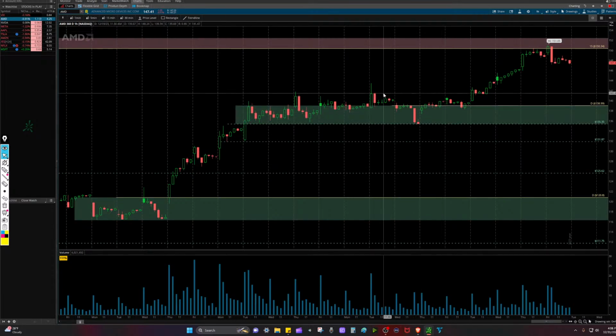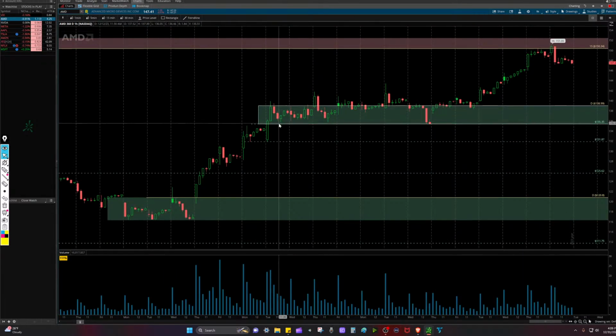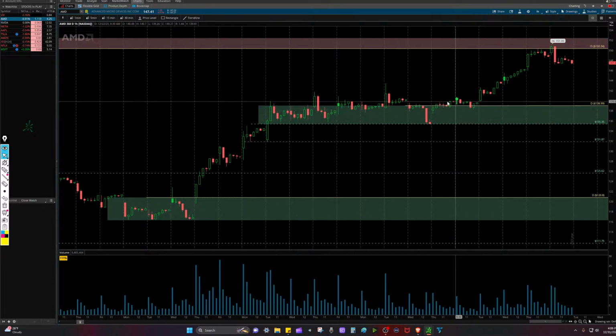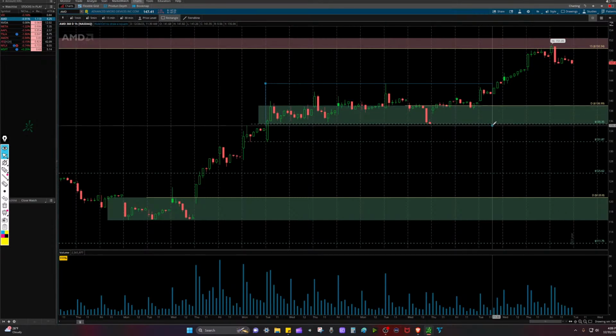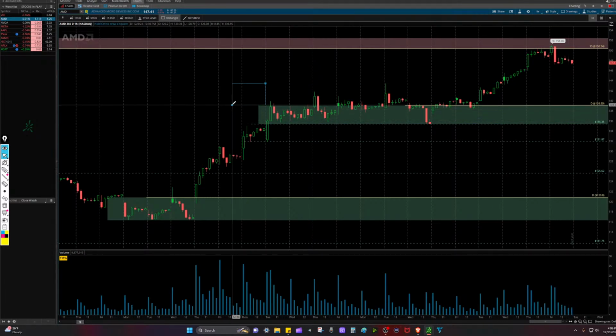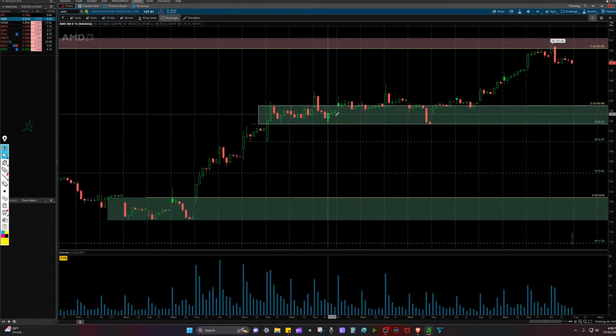I'll mark this as a daily demand zone because there's so many things happening just right around this rectangle. As you can see, there's so much congestion happening. Somebody might call the whole area a congestion, right? But to me, this is a very boiled down congestion area where so many traders either got stuck